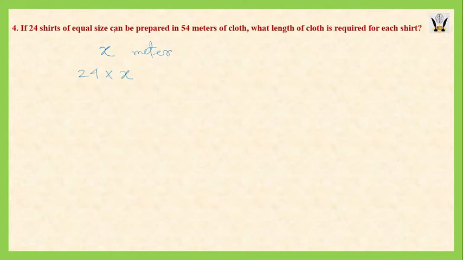If 24 shirts of equal size can be prepared in 54 meters of cloth, that means this is the requirement for each shirt. In total we are preparing 24 shirts. So this is the total requirement of the cloth, and that total value is given in the problem statement itself, and that is 54. So it's a simple problem sum. If we want to know the value of x, simply it will be 54 divided by 24. Now 54 can be further factorized as 2 multiplied by 27. 27 further can be factorized as